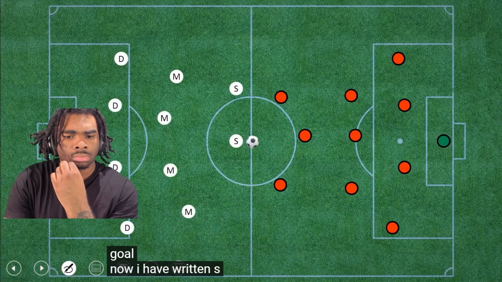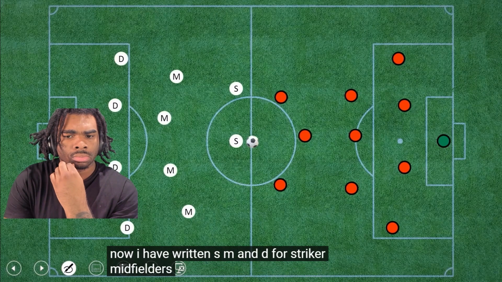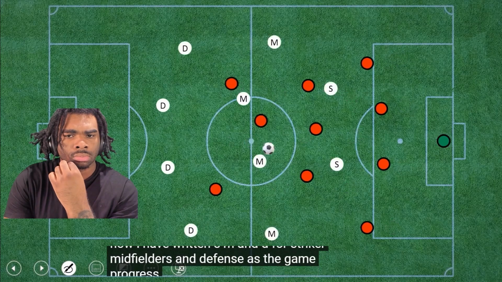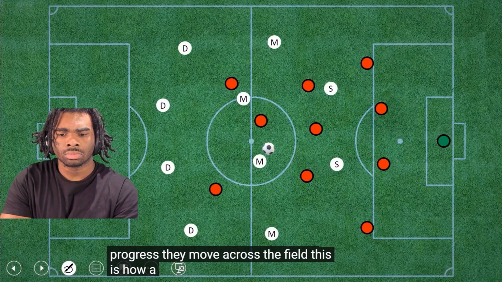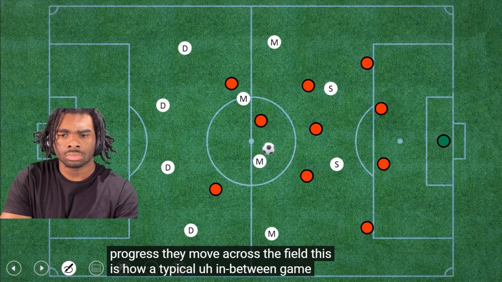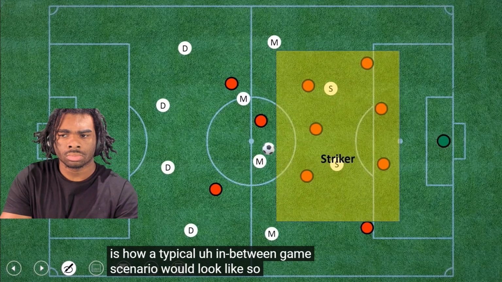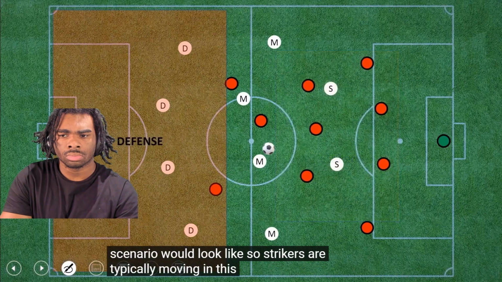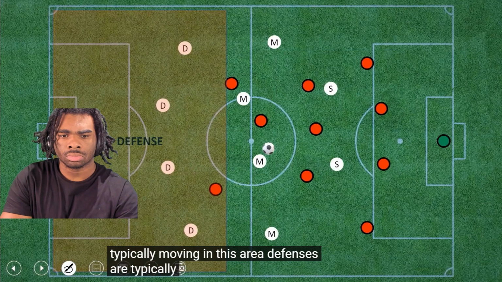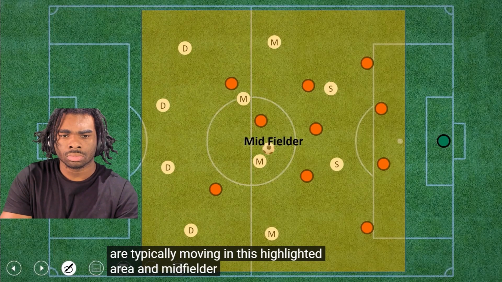Now I have written S, M, and D for striker, midfielders, and defense. As the game progresses, they move across the field. This is how a typical in-between game scenario would look like. So strikers are typically moving in this area, defense are typically moving in this highlighted area, and midfielder needs to